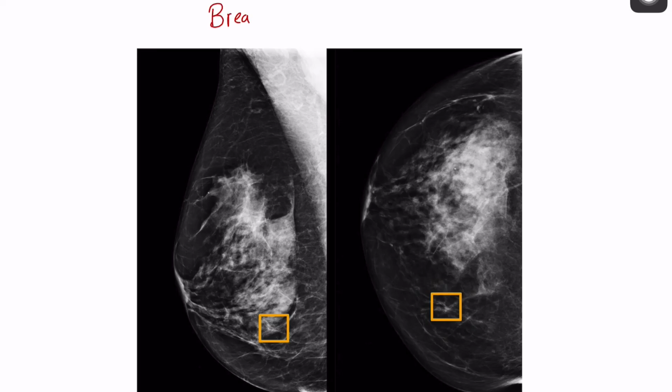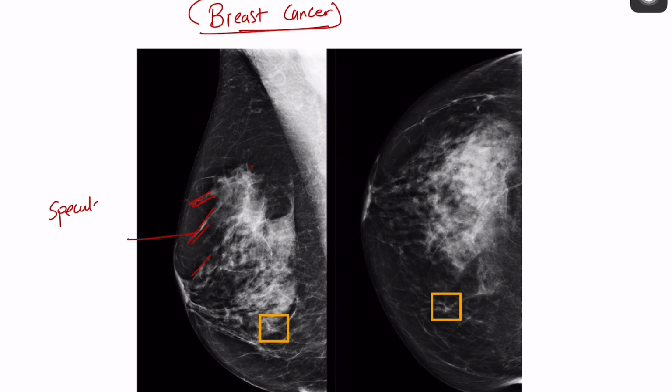So next is just quick revision on breast cancer. This question might be asked about a mammogram and what is the most common finding in a mammogram. Look here, this is the characteristic of breast cancer in a mammogram. The most characteristic is a spiculated mass. If you see, there are multiple spikes coming out from the mass in here, so we call it a spiculated